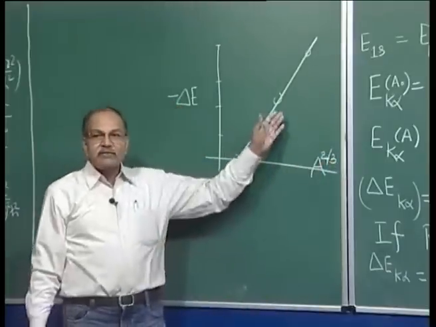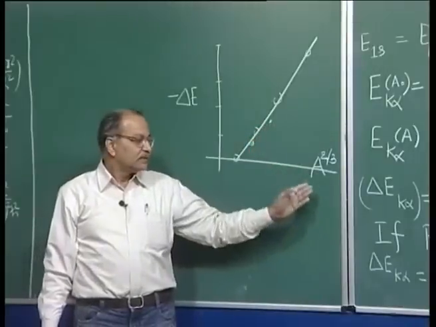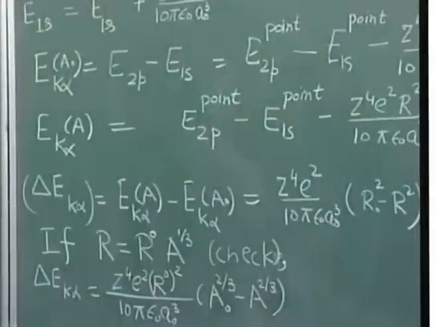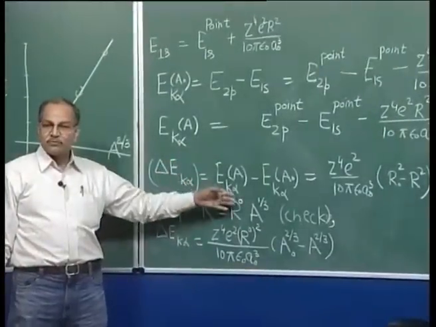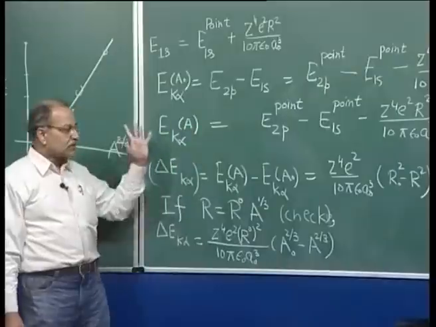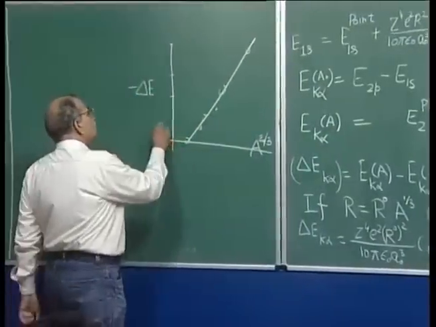So, this straight line confirms that yes, the radius of the nuclei follows this rule, and from the slope you can get the value of this constant, which is around 1.2 femtometers or so. So, that is the thing. However, the values are very small,